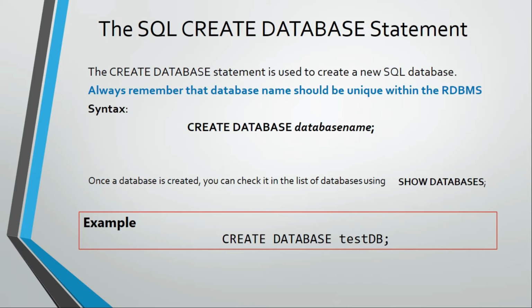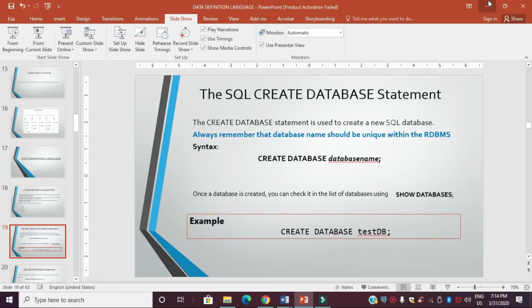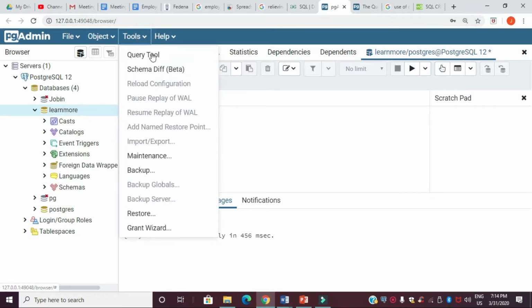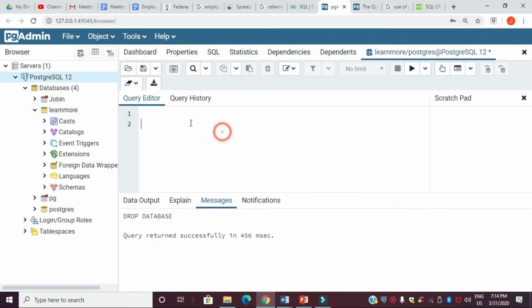Let's check how to create a database in PostgreSQL. So here is an example: create database testDB. So we are going to create a database with the name testDB. For that, go to pgAdmin, then go to Tools, then take the Query Tool. I'm going to write a query here.